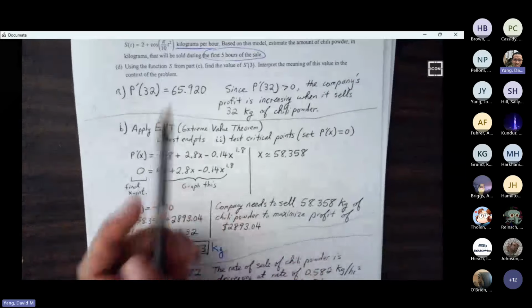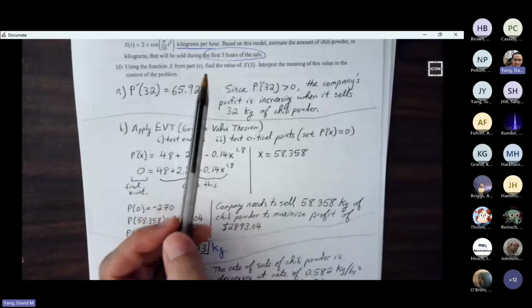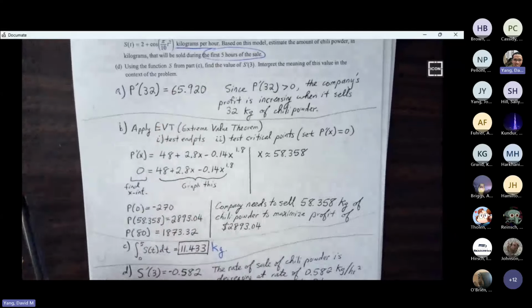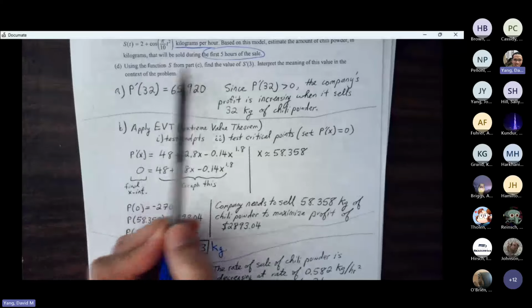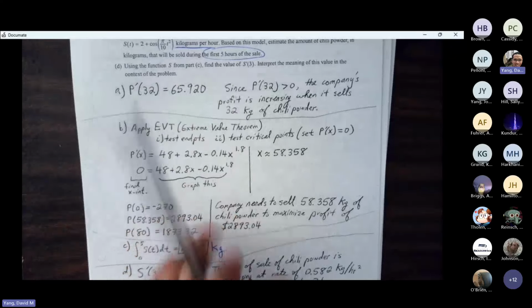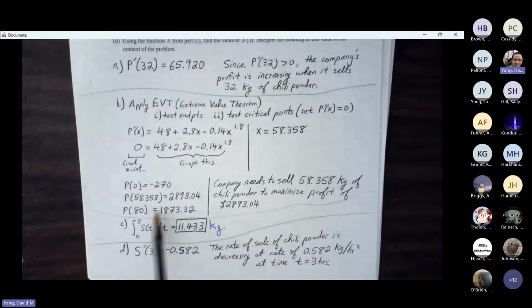All right, part D, using the function S from part C, find the value of S prime of 3. Interpret the meaning of the value in the context of this problem. So again, this part is not too difficult. We just make our calculator do the work for us. We already have S sub T stored in our calculator. We'll do math 8,